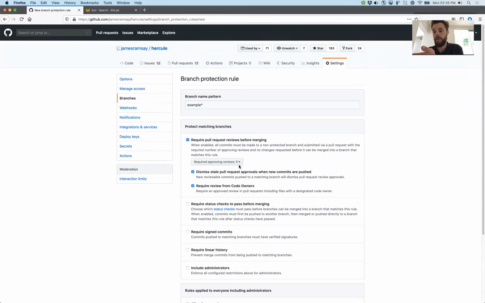So instead of just setting a number, you can specify exactly who. You can say, I need 1 person from our security team, 3 people from the backend maintainer team, and 1 person from the database team to do a review and approve this change. So similar, but I think GitLab probably offers more detail and control here at the branch